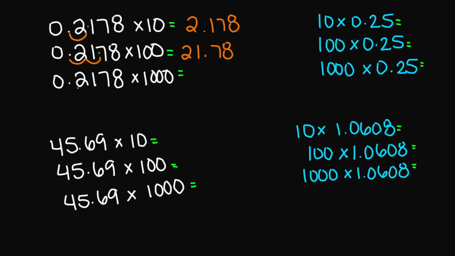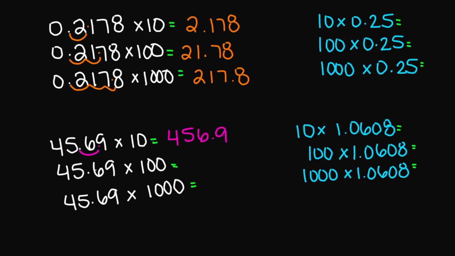Next, we're multiplying our factor by 1,000. Move my decimal point 3 places to the right. That's going to be 1, 2, 3. That's going to be between the 7 and the 8. So your answer here is 217.8. Let's look at 45.69 times 10. I'm going to move my decimal point 1 place to the right, and then that's going to be